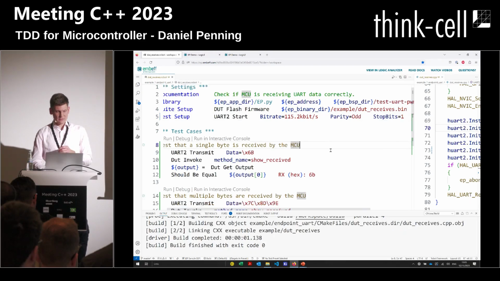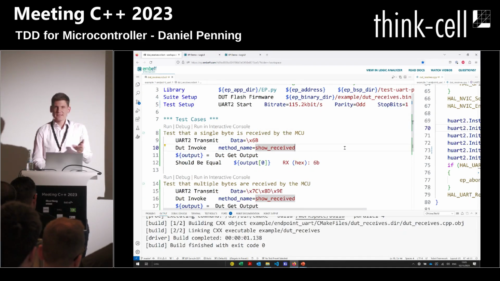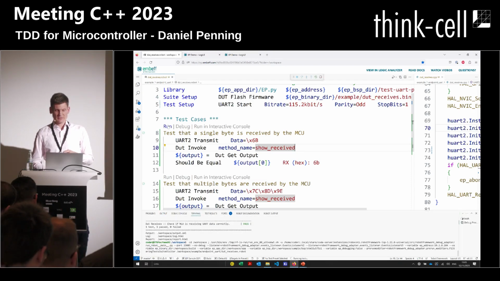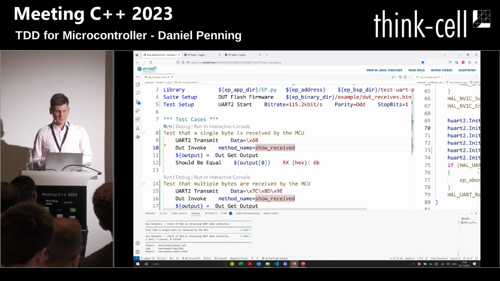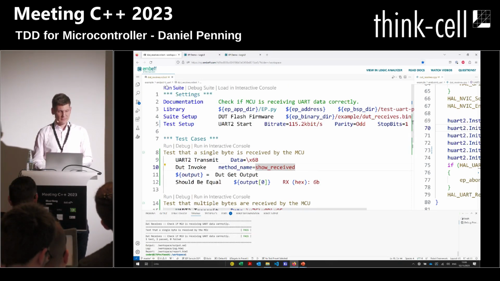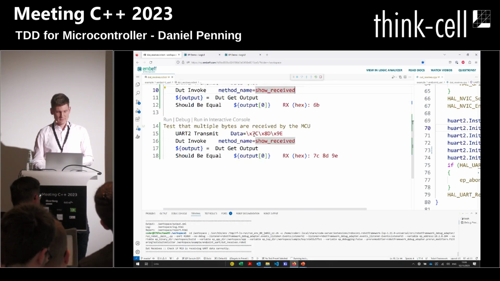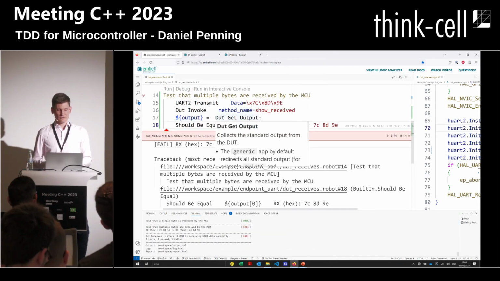So let's have odd. And then let's assume you do this on your desk. Maybe you run a single test then. You run this first test that's sending a byte. And the test passes. Awesome. Seems to work. We ship it to production. No, please not. Let's run both tests because an error was introduced here.